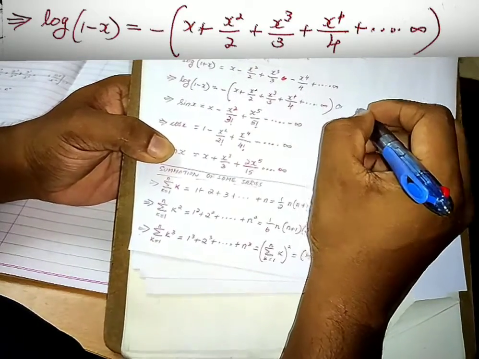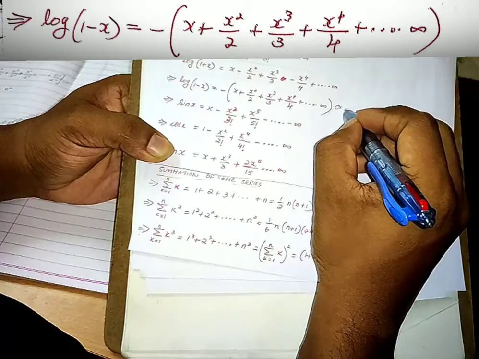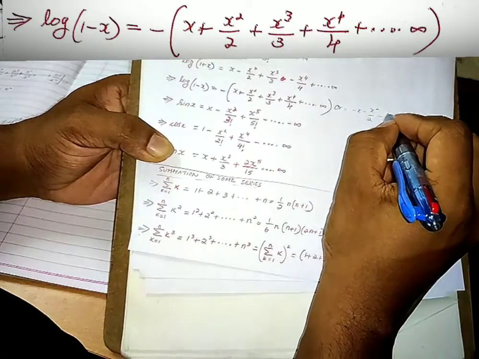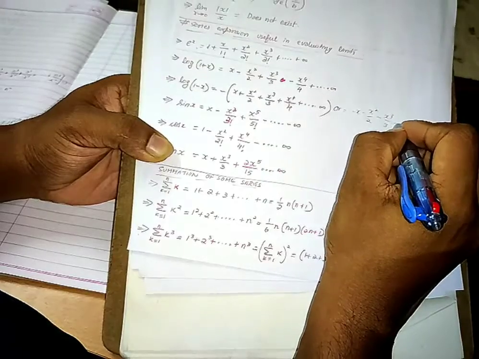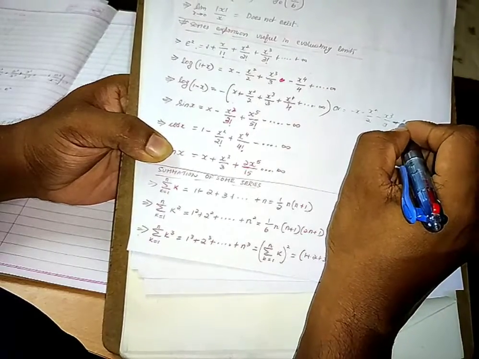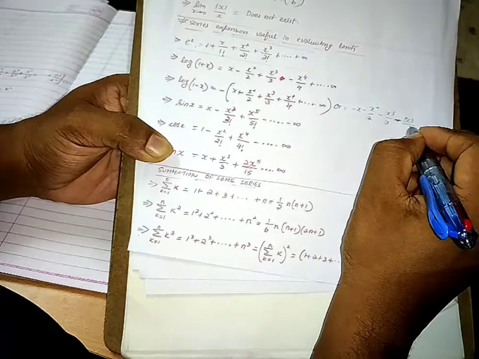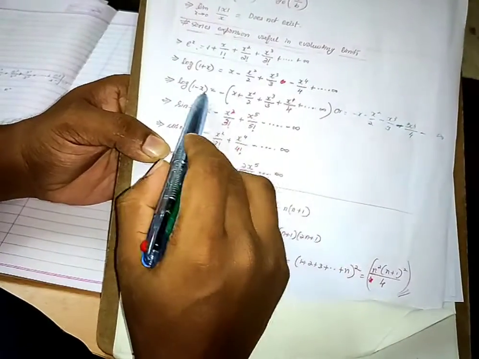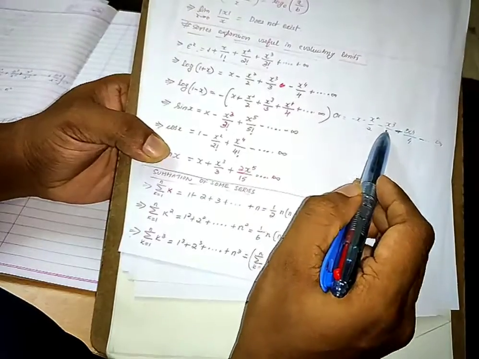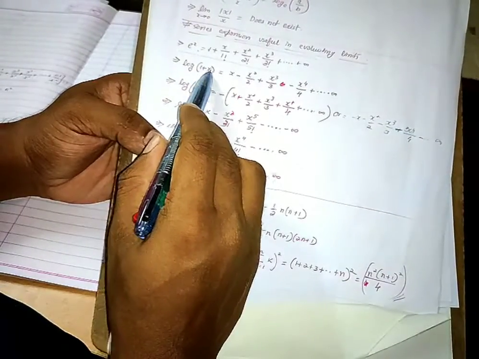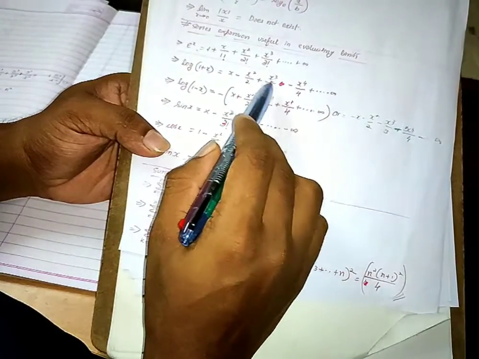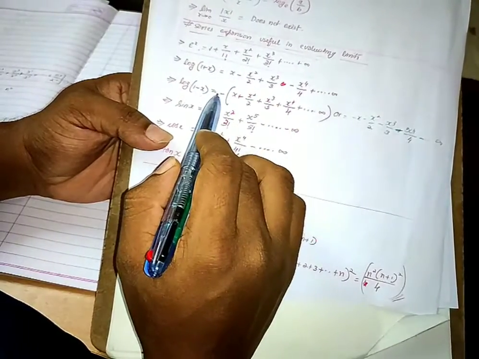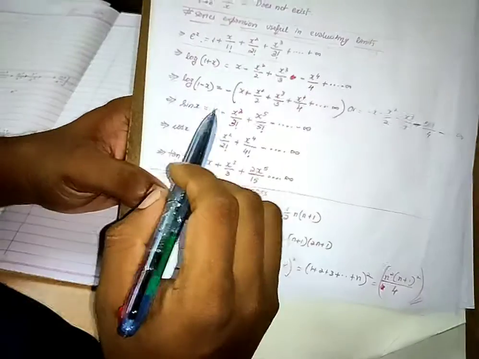or you can write it in this way. I'll write it also. It could be the expansion as minus x square by 2 minus x cube by 3, then minus x power 4 by 4, then it goes on till infinity. It is minus again. Okay, whenever it is 1 minus x, every sign is minus. Whenever it is 1 plus x, the alternative sign is minus. Okay, that is next to next, one after the other, the sign will be plus minus in that way. I hope it is clear.